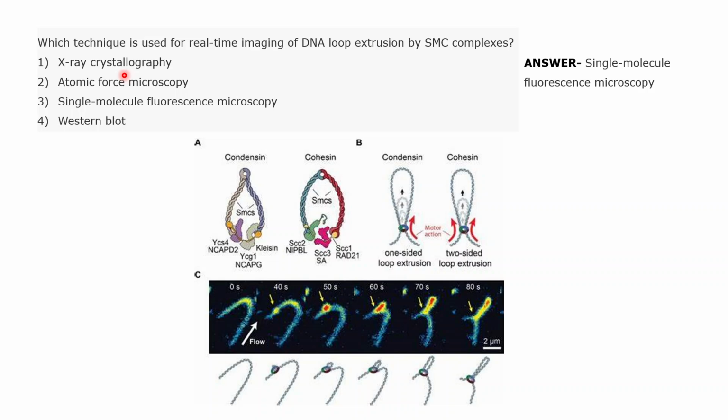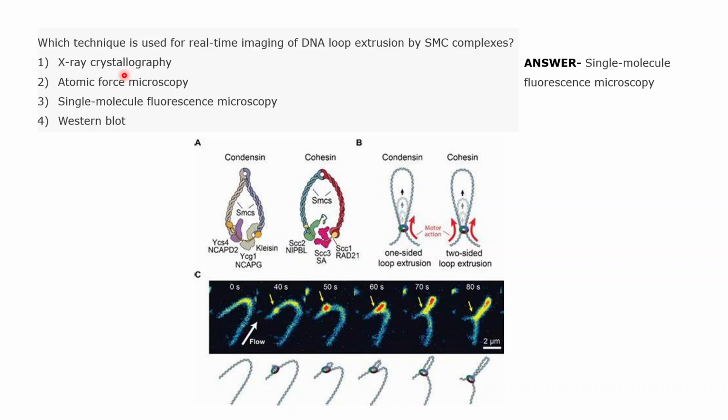So it is used to determine the three-dimensional structure of that particular protein. Atomic force microscopy, or AFM, means that if you want to determine the overall morphological characteristics of a particular surface or any material, you can use atomic force microscopy. I think it's better to check on Google to find out the proper mechanism of